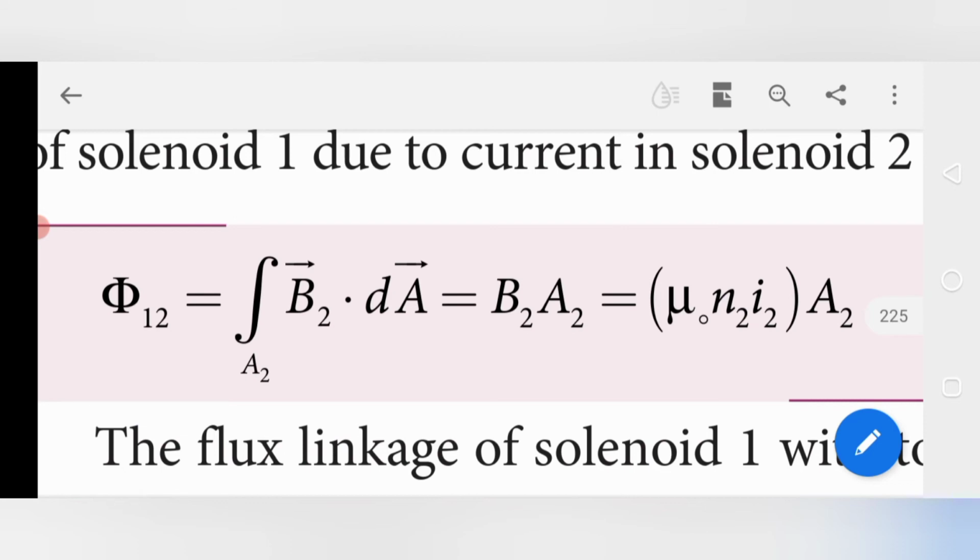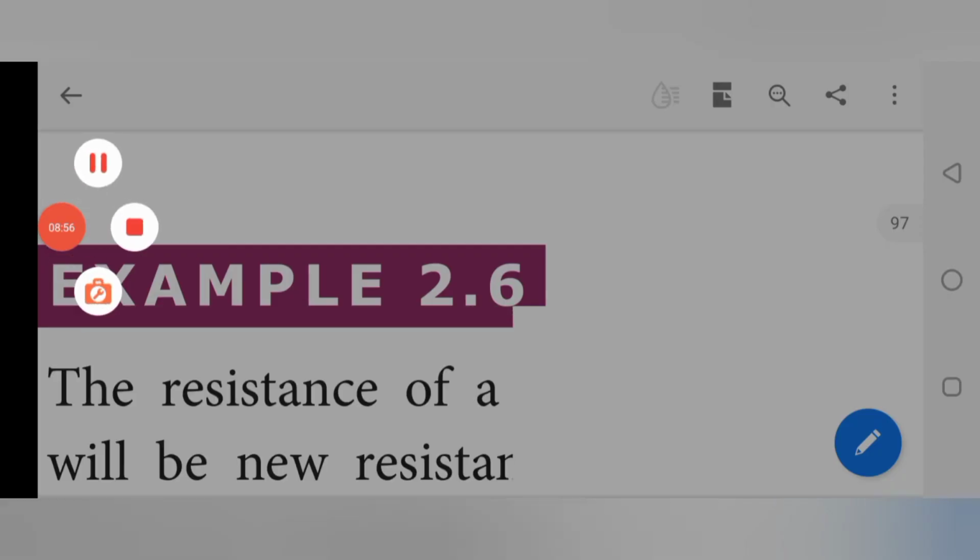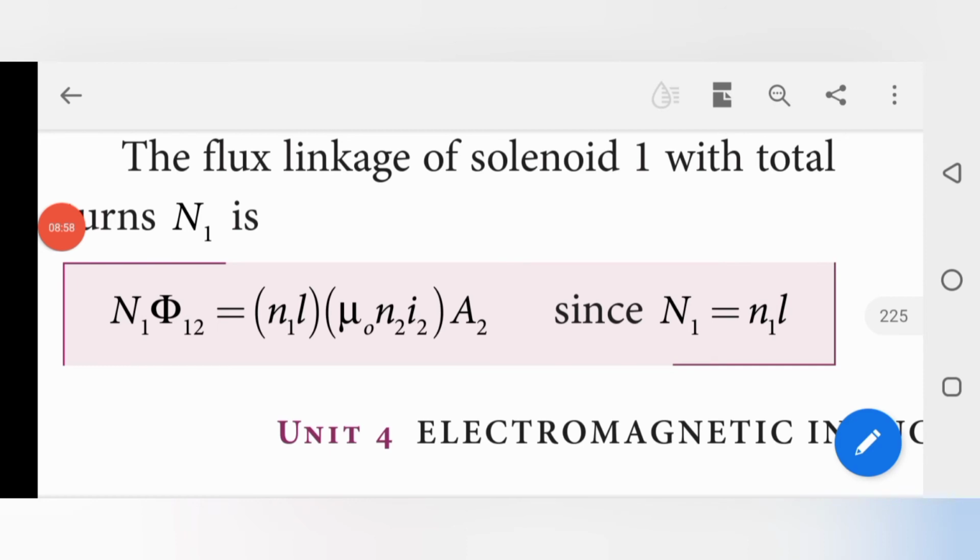Then you have to substitute the value of B2, which is mu naught N2 I2 A2. Then the final total value is... The next step is to multiply by N1, because the flux linkage of solenoid 1 with total turns N1 is, so multiply both sides of the above equation by N1. Then N1 Phi 12 is equal to N1 mu naught N2 I2 A2. Since N1 is small n1 L, you have to substitute that value and finally you will get